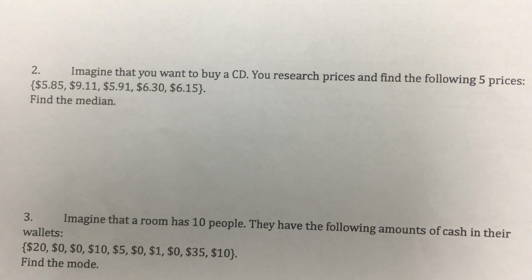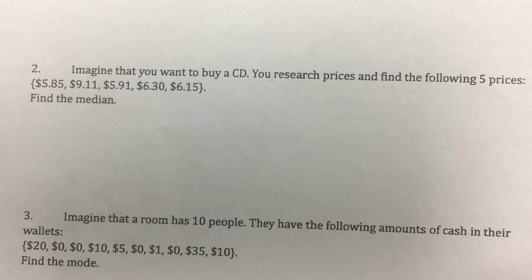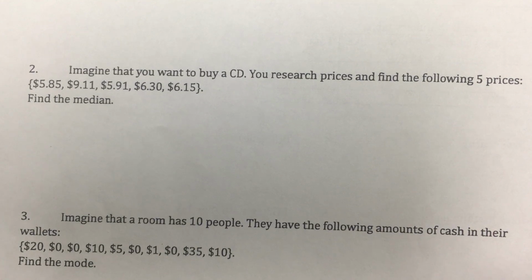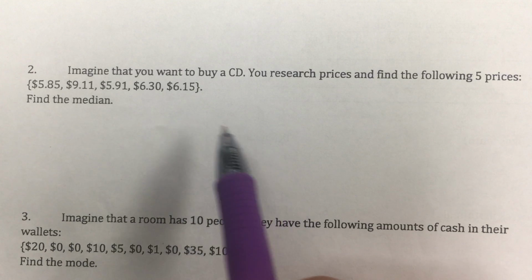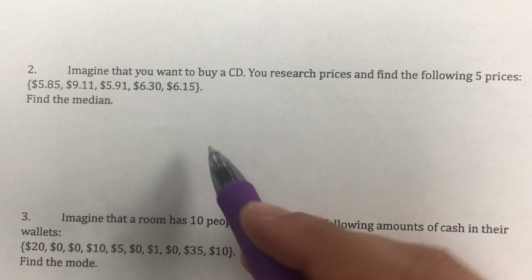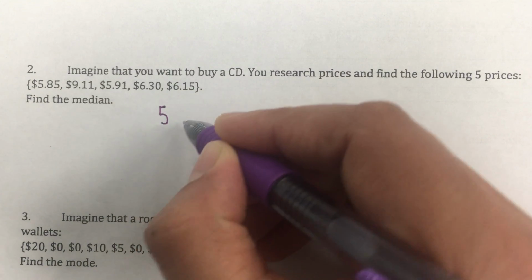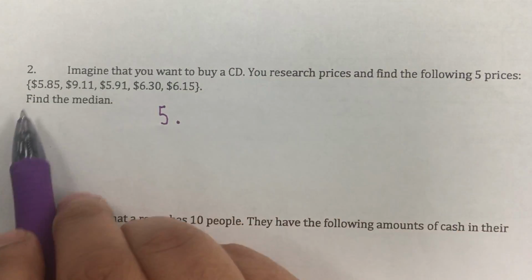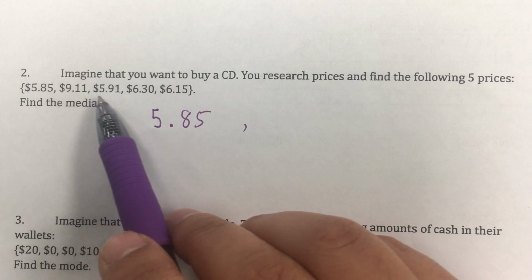Number 2 says, imagine that you want to buy a CD. You research prices and find the following 5 prices. Find the median. The median, you don't really need to add all of them, but you need to order from smallest to largest, okay? So that's the biggest mistake that some people do, is to not order it. So the first price is $5.85. That's the smallest amount. The next one is